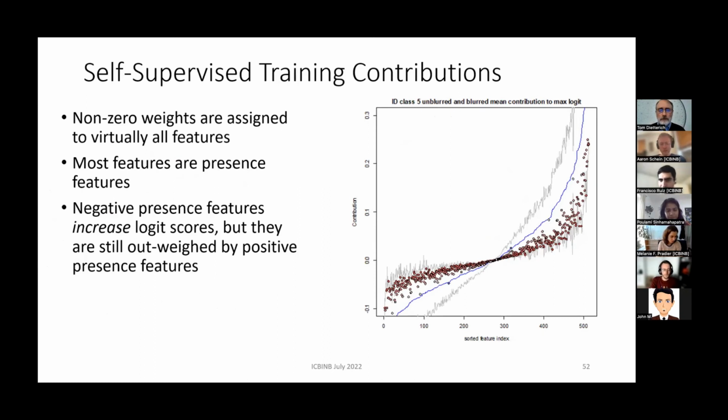Cool. Another question from Daniel. What about adding one unknown output category with a fixed logit, say 0? How would this compare to setting a threshold on the max logit? I mean, how would I, with a fixed score? I think, would that really do anything at all? I guess the question is like a new category which is unknown, and that has, right. And if you had training data for that,